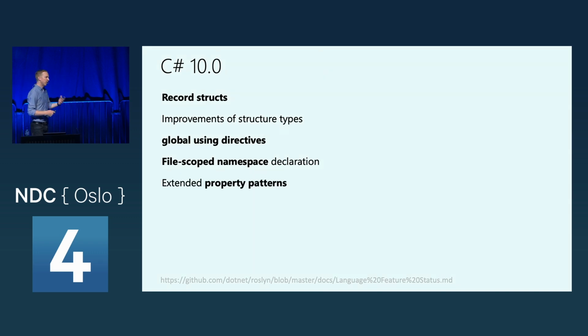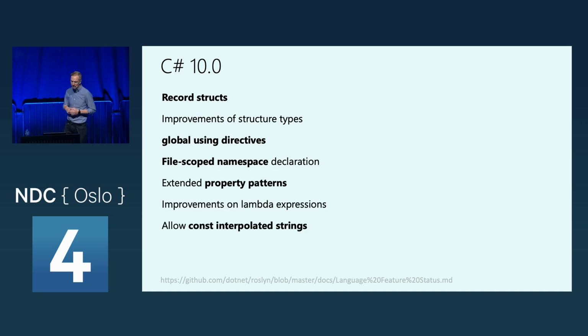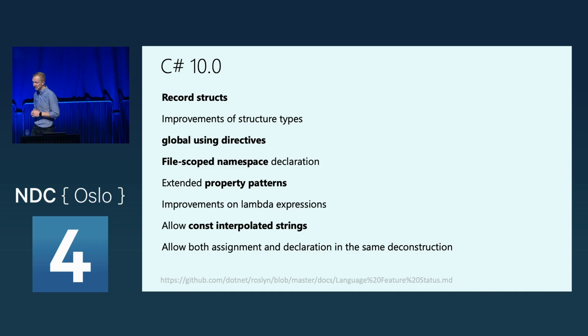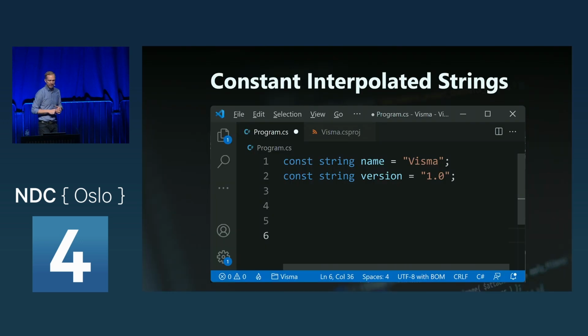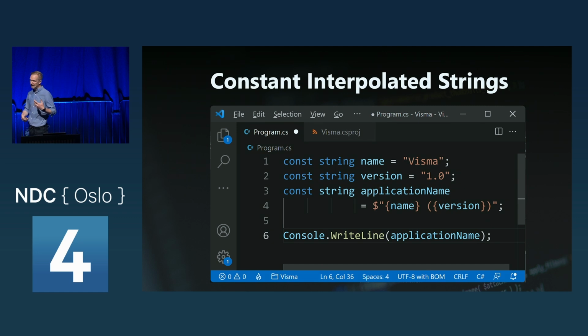They also made some changes to pattern matching again to the property patterns, and did a whole lot of other improvements to C# 10. So it's interesting to see that they're still adding important features, but some of these are less important than what we've gotten in C# 7, 8, and 9. And the reason is that some of the improvements in C# 10 is to make it better to write these minimal APIs. One of the features that they are allowing you to do is constant interpolated strings. So in this sample here, I'm creating an application name called Visma, and I'm just using string interpolation with a constant, which is something you couldn't do prior to C# 10.